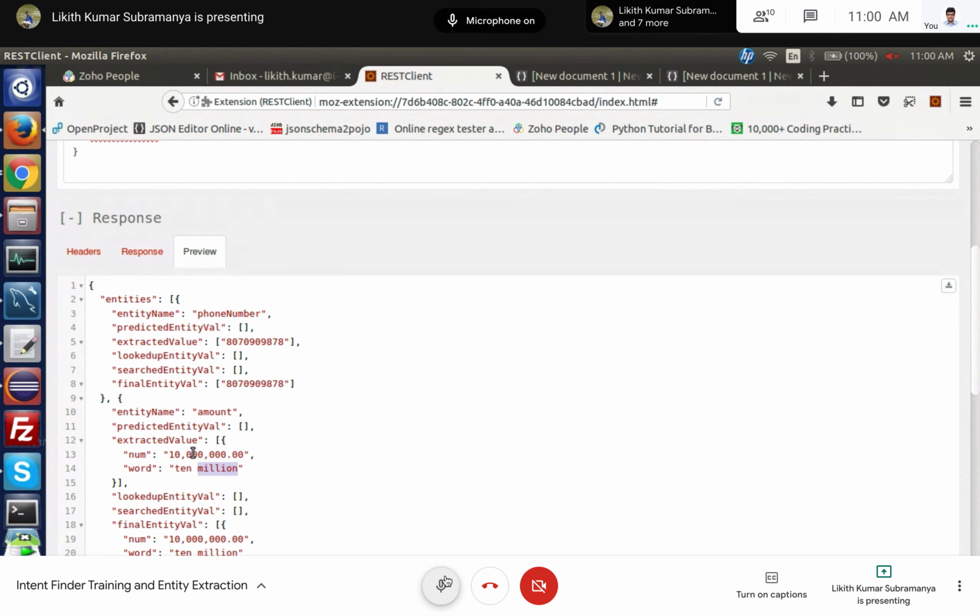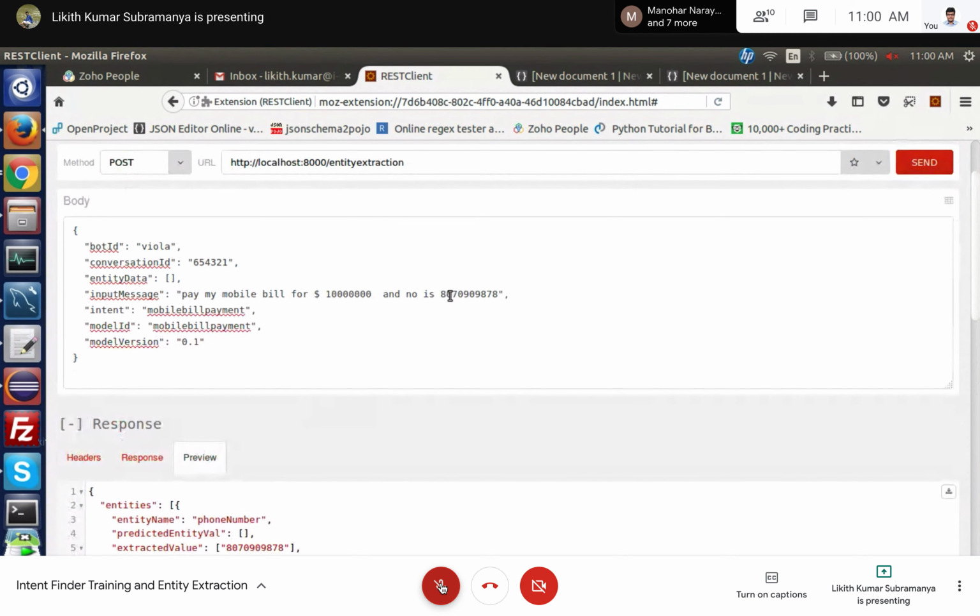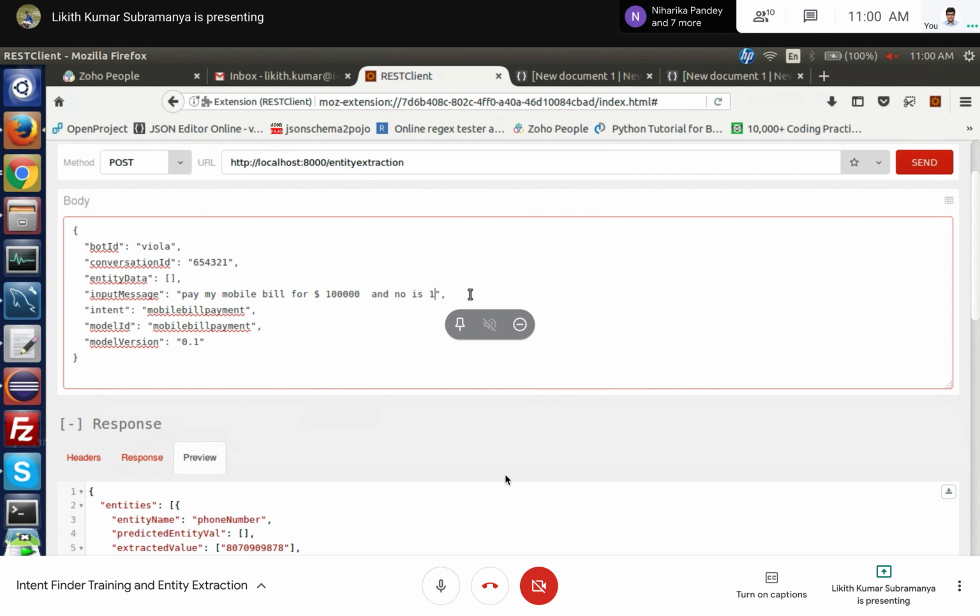My question is for the phone number, because the sequence number for the phone number is number 1. If you give a random 10-digit number for the amount, does it take the amount value or a phone number itself? How is it taking actually? I didn't get your question. You need to give the random digit number, right?